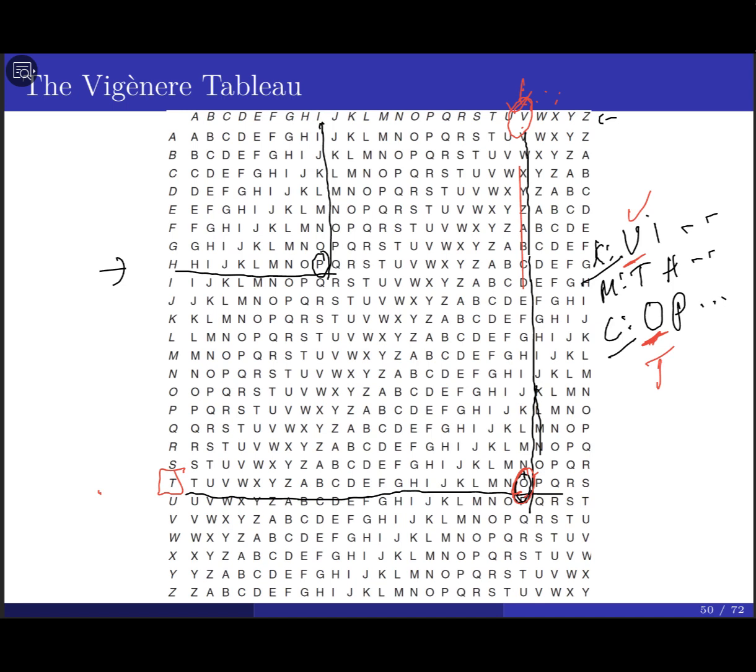Here, you have I and H. I'm going to use I with the key for the column, and I know that this is B, the ciphertext. How can you reach this one? By using H, which was the plain text at that time. Did it confuse you? What's the ciphertext in this case?